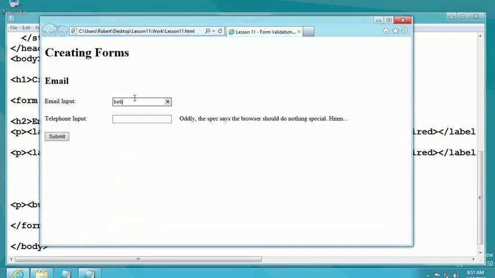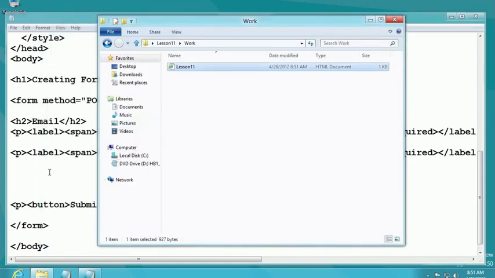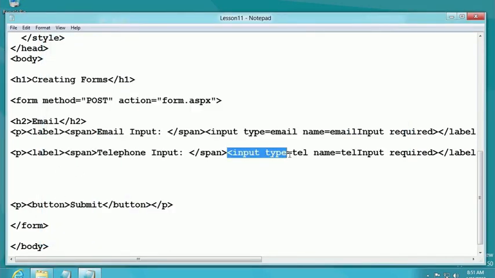So let's go ahead and put bobtabor@yahoo.com to pass that check. And here we're just going to put in some random numbers and then click submit. And it goes ahead and takes it. So unfortunately, there's really nothing all that special about type equals tel, but it is supported, and I wanted to